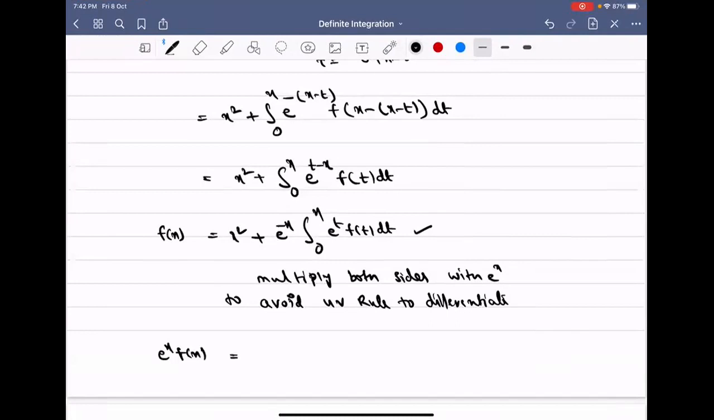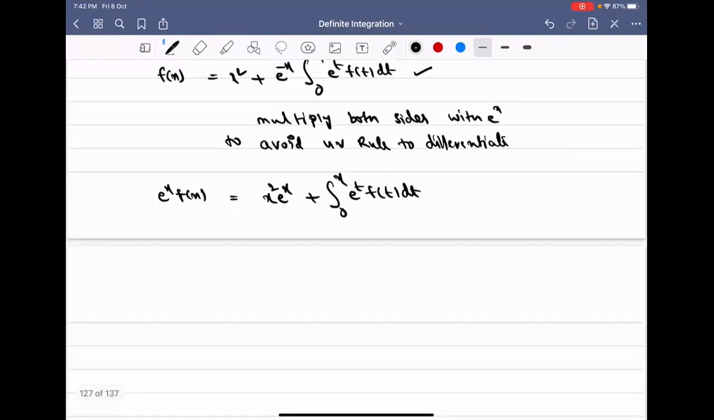So now if you multiply with e power x, then what you get: e power x into f of x is equal to x square into e power x plus integral 0 to x e power t f of t dt. Now differentiate. So now if you differentiate here, that is e power x into f dash x plus f of x into differentiation of e power x, is equal to x square into e power x plus 2x into e power x, plus here